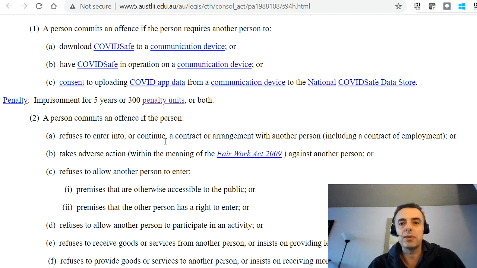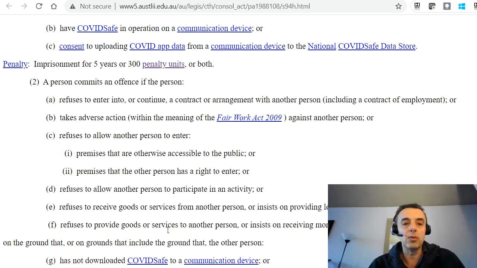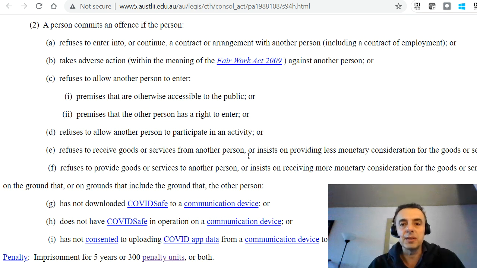The second point of that same act is a person commits an offense if the person refuses to enter into or continue a contract or arrangement with another person, including a contract of employment, or takes adverse action within the meaning of the Fair Work Act 2009 against another person, or refuses to allow another person to enter premises that are otherwise accessible to the public, or premises that the other person has a right to enter, or refuses to allow another person to participate in an activity, or refuses to receive goods or services from another person, or insists on providing less monetary consideration for the goods or services, or refuses to provide goods or services to another person, or insists on receiving more monetary consideration for the goods or services, on the grounds that